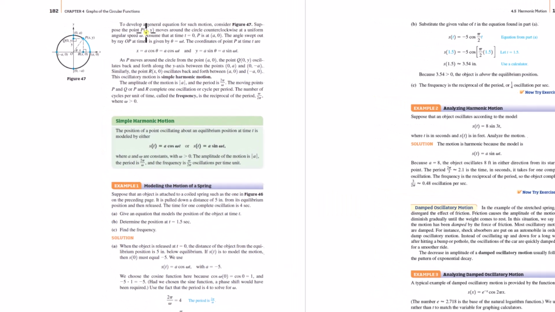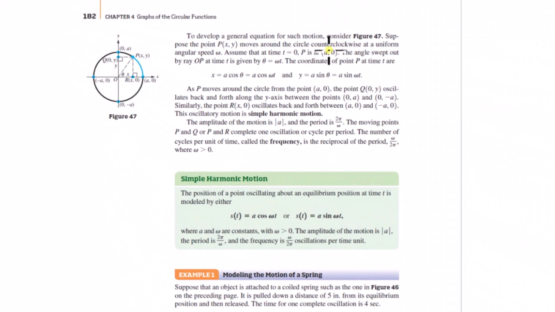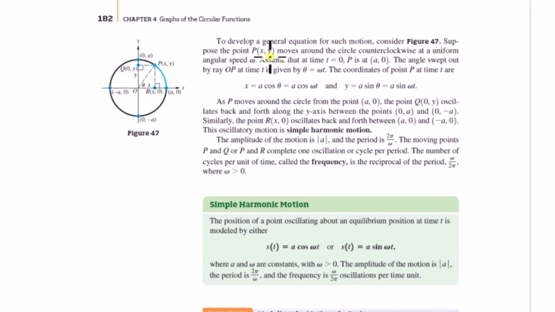Okay, to develop a general equation for such motion, consider figure 47. Suppose that point P(x, y) moves around the circle counterclockwise at a uniform angular speed omega. Okay, so yeah, we've seen this problem already, a couple of chapters ago. Now, the way they're presenting this, though, I find a little confusing, because they say we're developing this equation, but